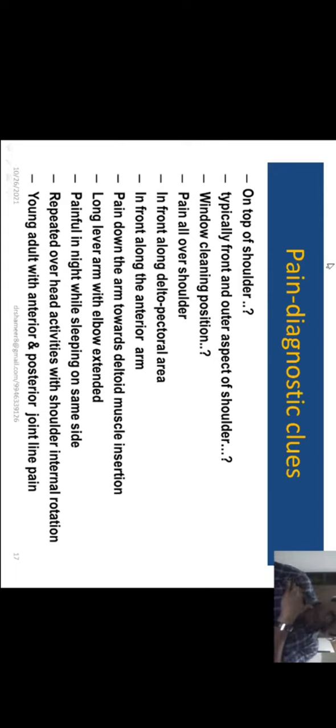Deltopectoral area pain is more confusing because there is no specific diagnosis. With this specific point, we can diagnose the pathology, because in case of rotator cuff pathology, there will be pain and tenderness over the deltopectoral area. In case of a labral tear, there may be